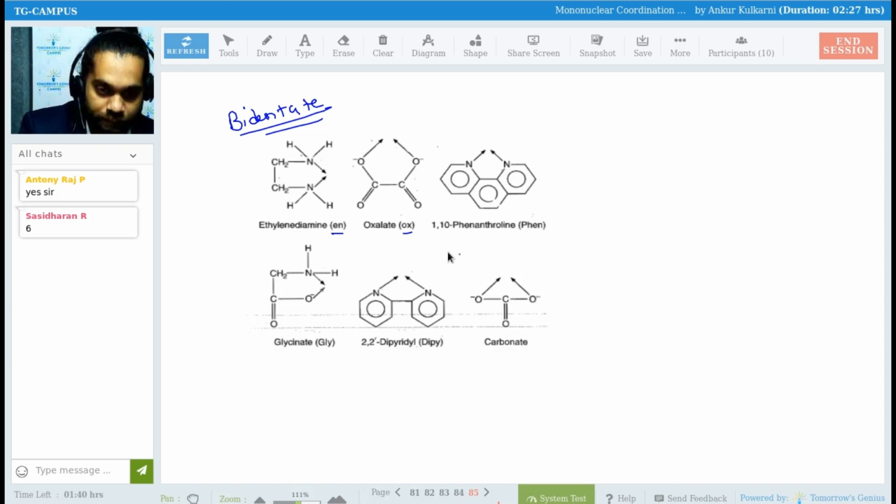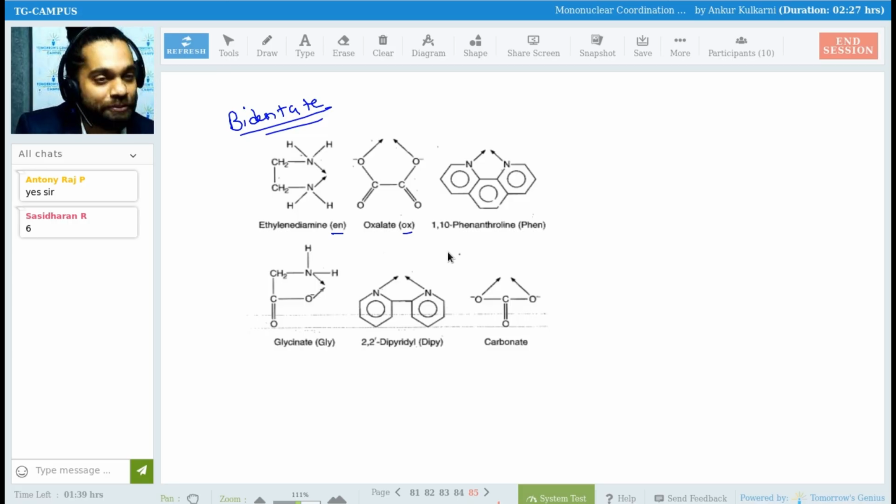Sir, in every compound here, you can see 2 arrows coming from the compounds. So if 3 arrows come, the arrows meet at a point, and that point is the central atom. So when 3 arrows come to the central atom, it is called